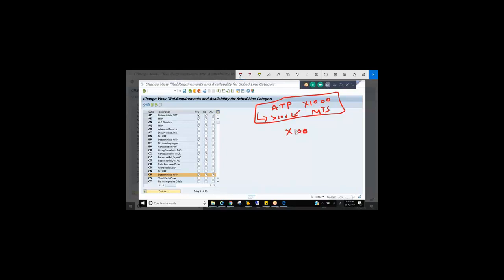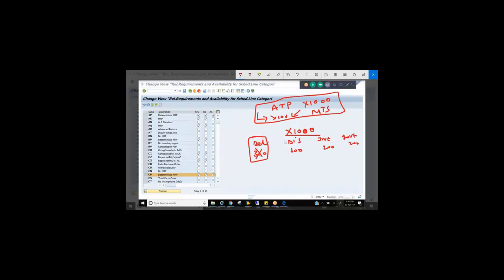So what you do, let's say you are manufacturing 1,000 quantity every day. You can tell the system dealers will get 300 quantity out of the 1,000 quantity you are manufacturing every day. Distributors will get 300. Institutional customers will get 200 and government customers will get 200. So if a dealer places an order, the system will sell only from this 300 quantity. If this 300 is completed, that's it. Dealer orders will not be delivered for that day, right?